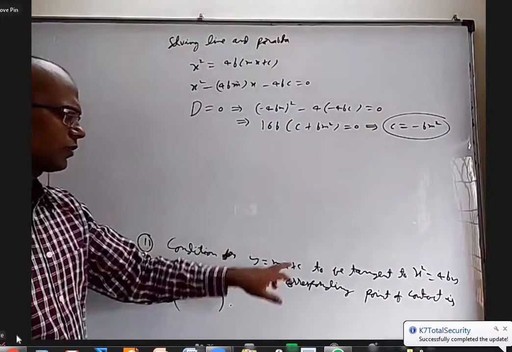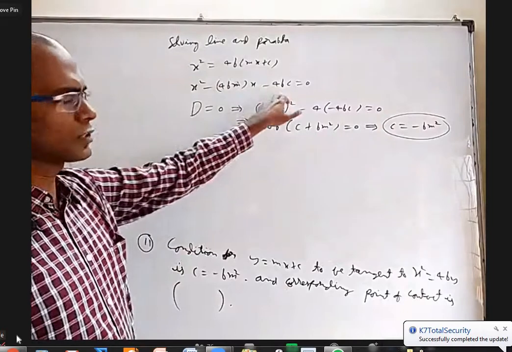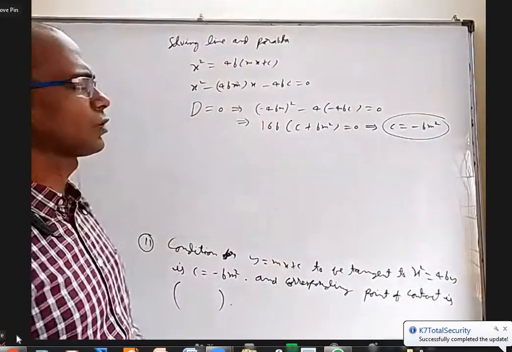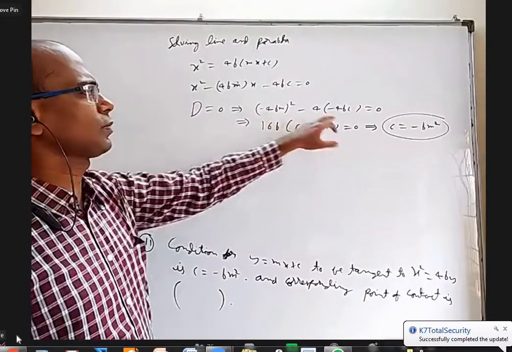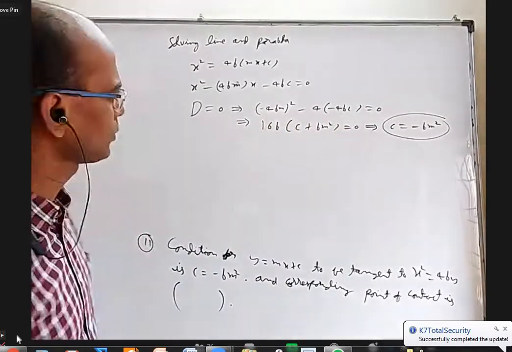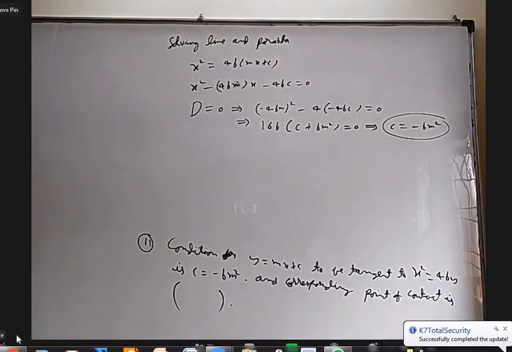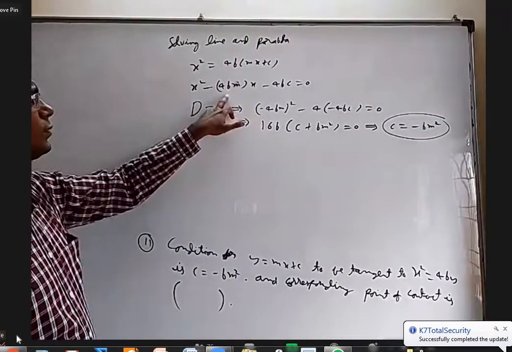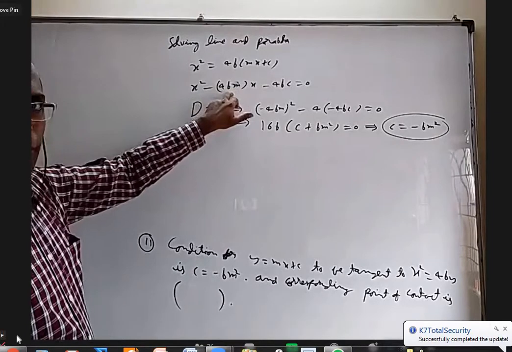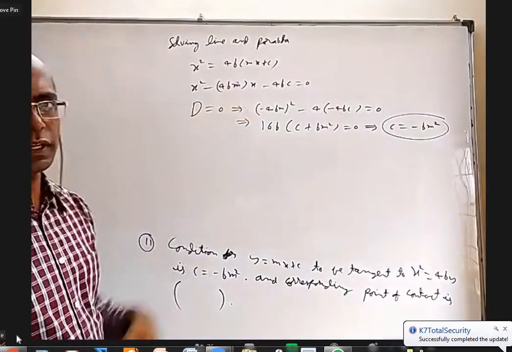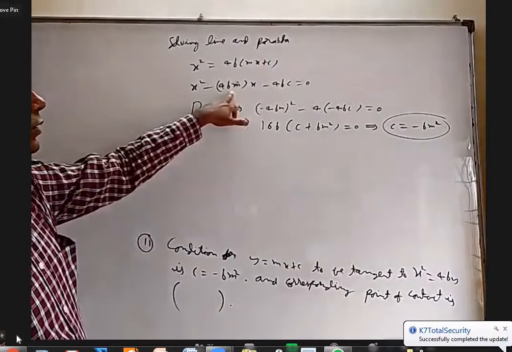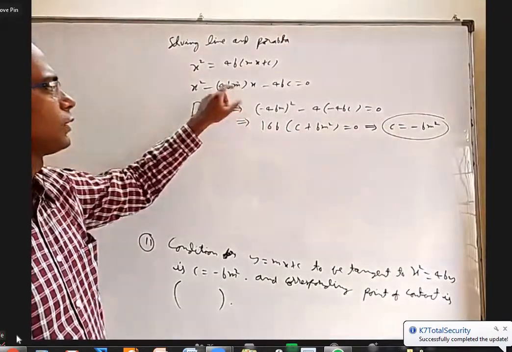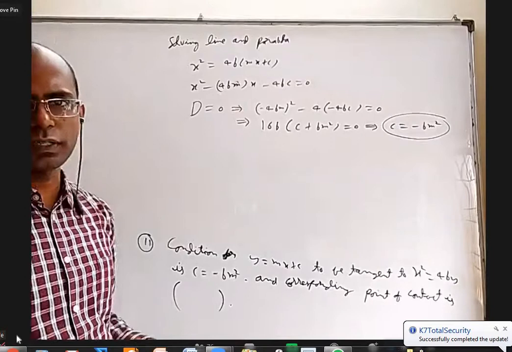Okay, so in the place of y, substitute mx plus c, and you'll get a quadratic equation. Because it's a tangent, there should be only one point of intersection. Roots should be equal, so discriminant equal to 0, b square minus 4ac is 0. We are getting c equal to minus bm square. I think in this, the sum of the roots divided by 2 will give you the x coordinate of the required point, because you are trying to solve the line and curve. It is a perfect square now. That is only the x coordinate, right?